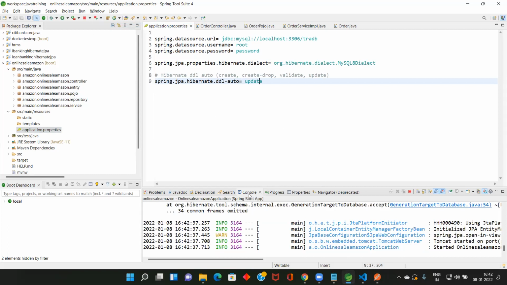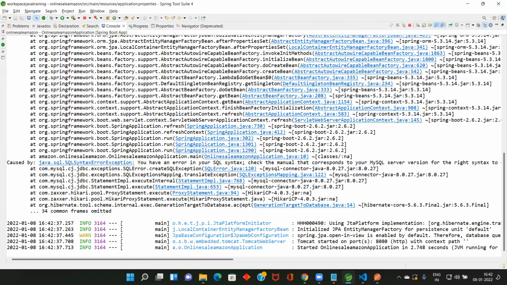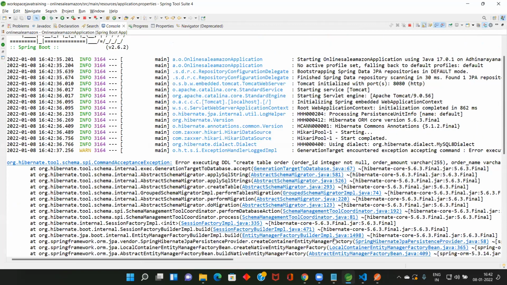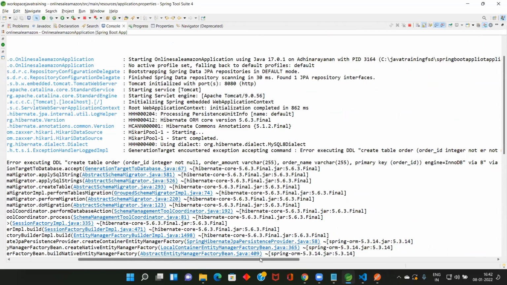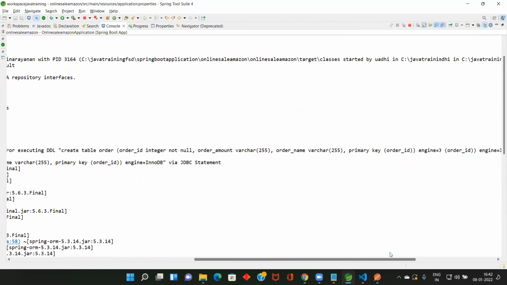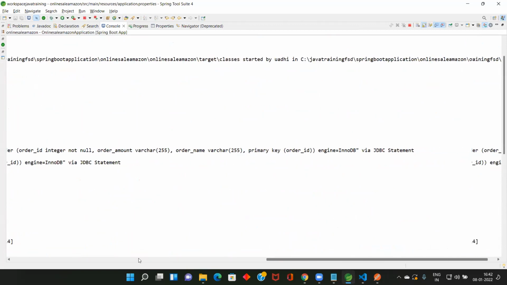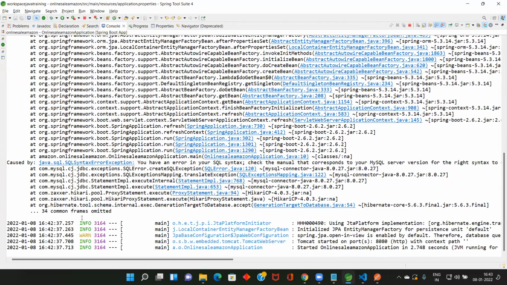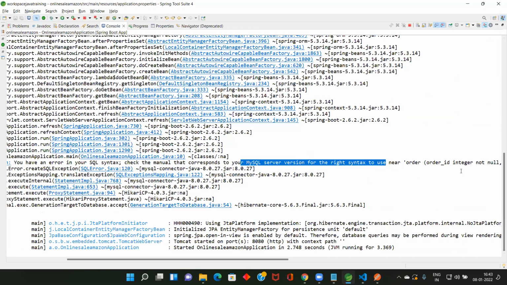There is an error. See what the error is? You are getting an error: create table order. So what is the problem here? Create statement, already exists. Create table order. Caused by: you have an error in your SQL syntax corresponding to your MySQL version, near order.